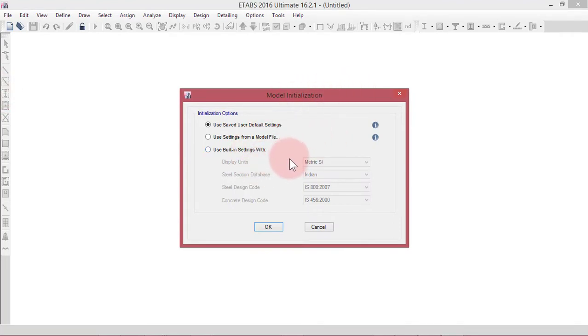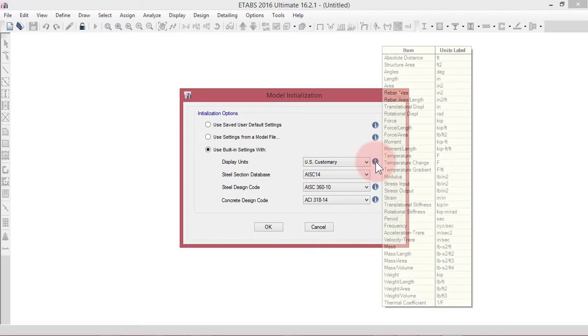Here we have to choose the unit system. For that, select use built-in settings with. If you are opening ETABS for the first time, you will see these options. You can see here display units US customary. If you keep your mouse here, you can see the unit system followed in US customary.